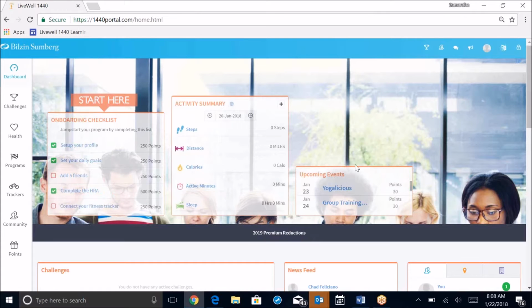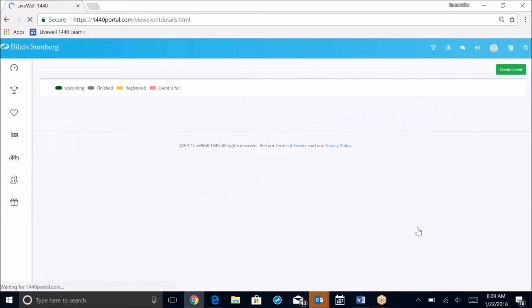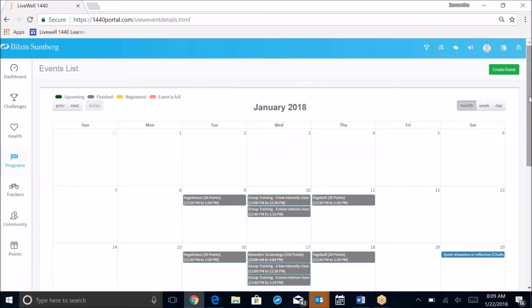Here's your upcoming events. This shows you kind of what is going on in your wellness program. For example, if there's any on-site fitness classes, any lunch and learns, any on-site events, you would go here. To look at your event calendar, there's two ways. You can either click on an actual event and see your full calendar here,